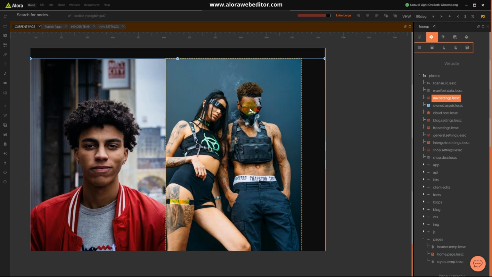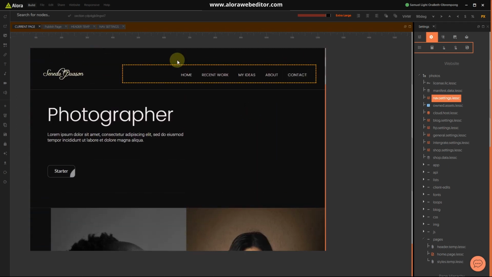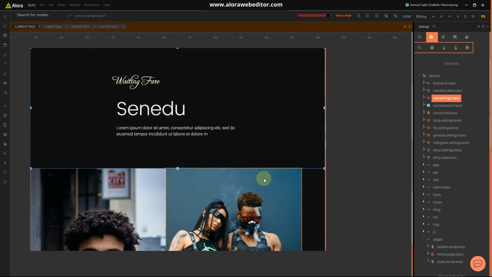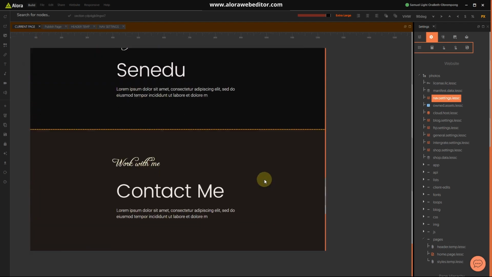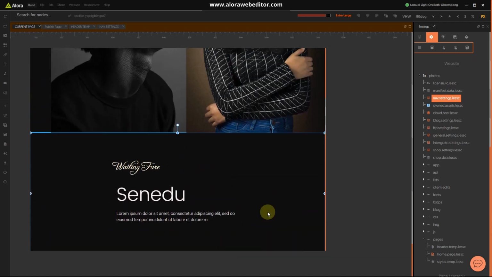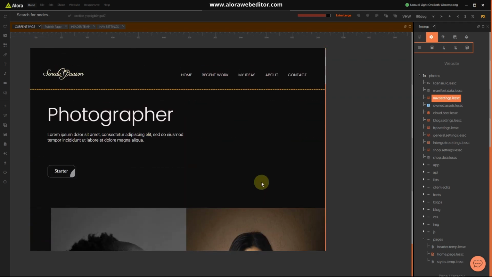There's another thing that we can do. We can make sure that this navigation or this part of the section moves down with us or scrolls down with us anytime we click on any of this navigation, so that we can still have our navigation always at the top, and then we can navigate through the website. We're going to take care of that in another tutorial. Now we have come to the point where we've built the design that we have. In the next tutorial, we are going to talk about how we can enhance this design, make it better, and actually make it like a live website that people can